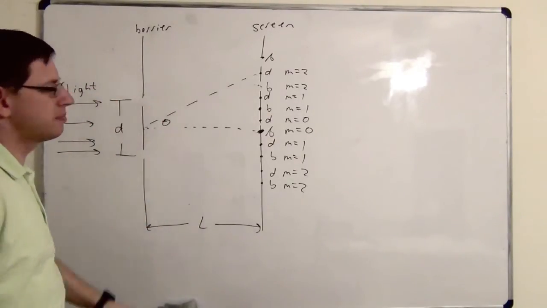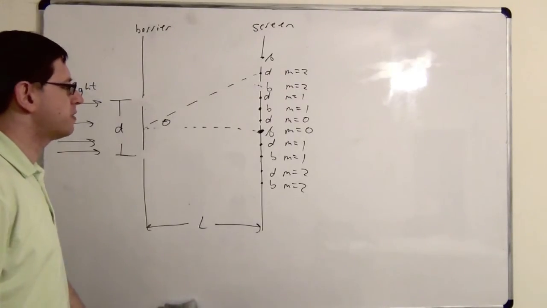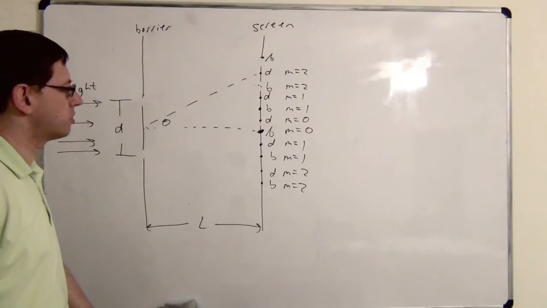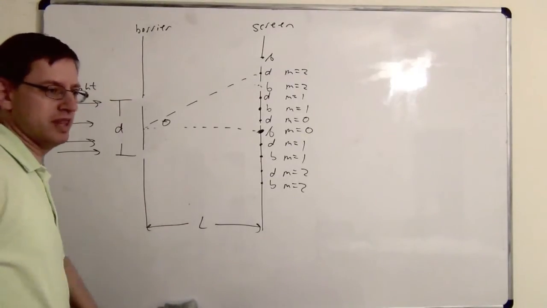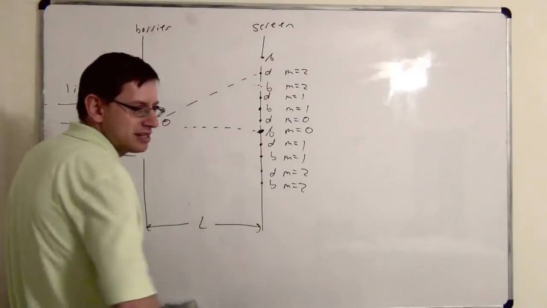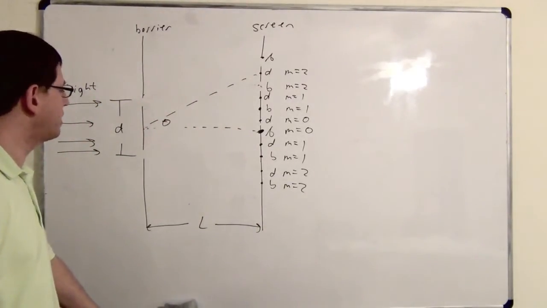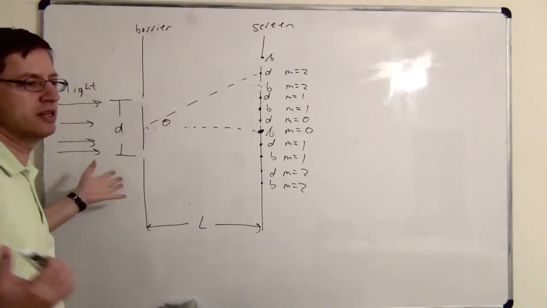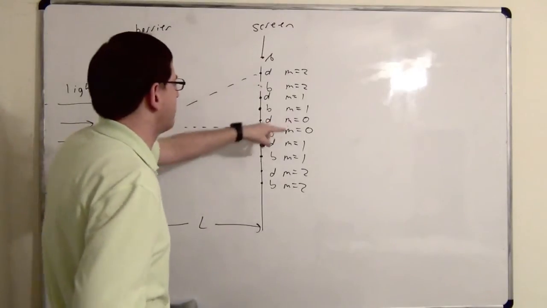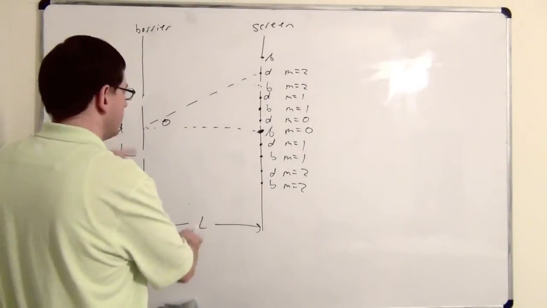So for any particular double slit experiment, is there one theta or many thetas? Many. Yeah. For any particular double-slit experiment, is there one M or many M's? Many. For any particular double-slit experiment, is there one L or many L's? One. So that's a difference between them. Of course, we could change L by changing this distance, but that would be a different experiment. For any particular experiment, is there one D or many Ds? One. Just one. Of course, we could change the D by making a new barrier, but that would be a new experiment. So notice theta and M have a different status than L and D, because there's automatically many thetas and M's, but only one D and L.